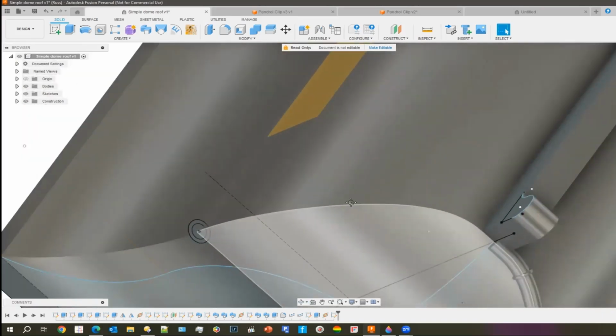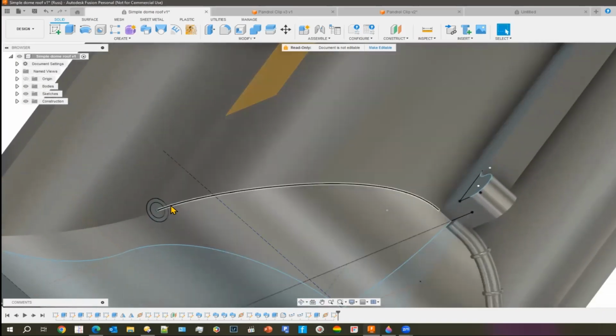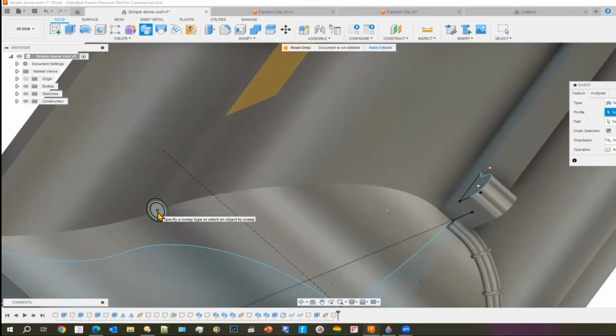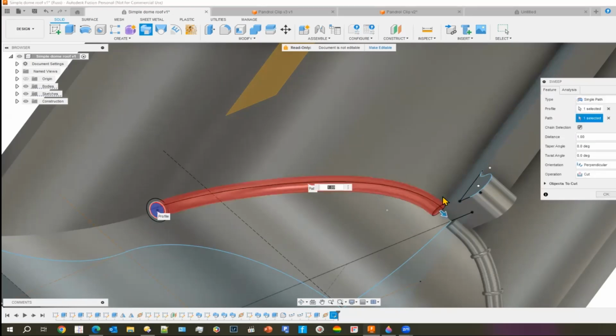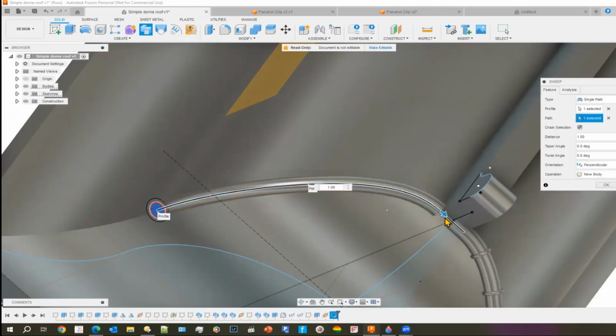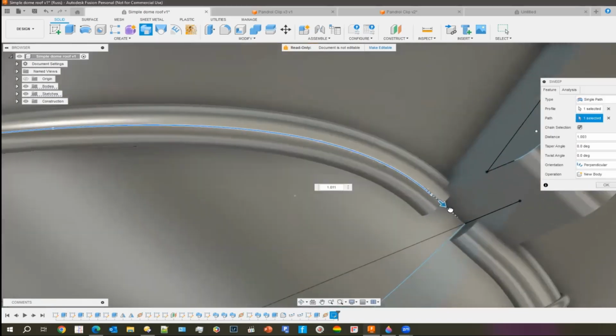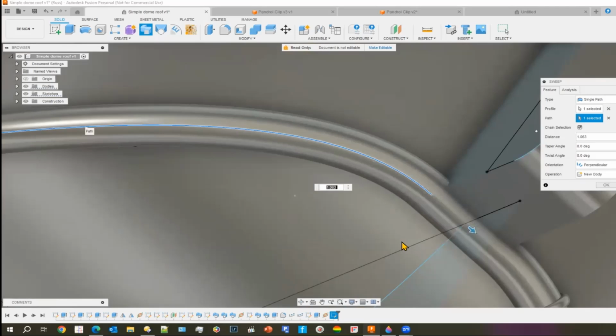And now the first thing is to take it up to the inner one, as it were. So what I'm going to do is go into sweep, select the inner one, and I'm going to then go to path and select the path, and I'm going to do it as a new body rather than join it. I don't like joining things too often because you get into a bit of a mess later on. And we'll take it up and then drag it with there to join the other one. Okay,